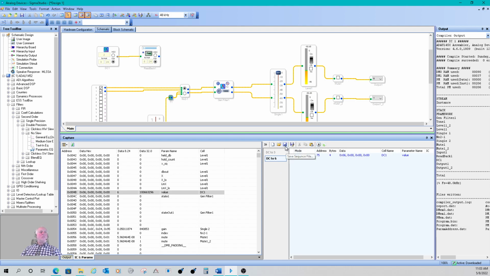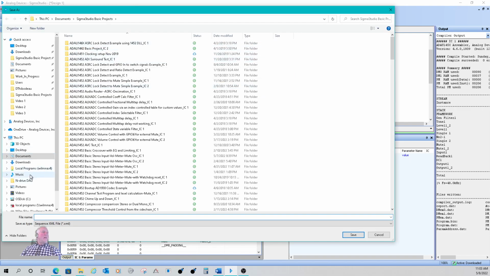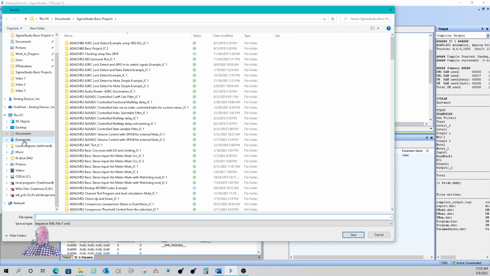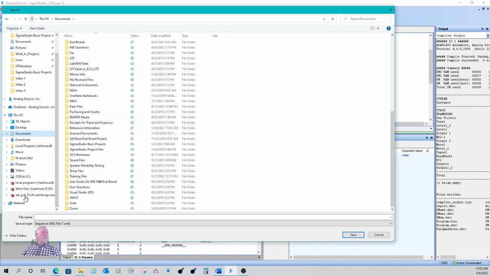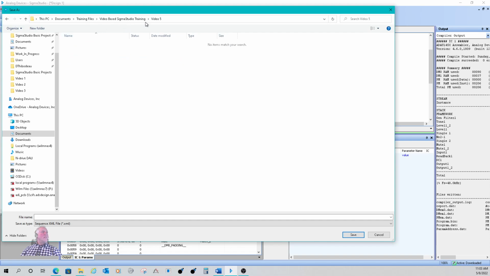And when you save, you have to save it before this next thing will work, the sequencer window. So I'm going to save this sequence file, and this will be an XML file. It's going in not the place I want it to. Where am I going? Documents. Sorry. I want to go into these videos and video. Okay, fine. And we're going to give this a name,